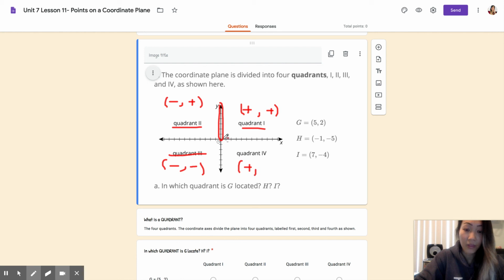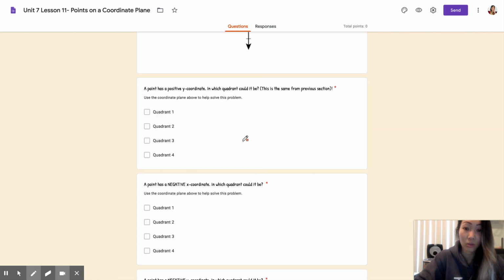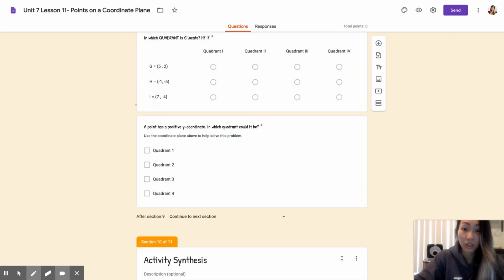And then the y is going to be negative. So is the y positive? No, so this would be crossed out. So my answer would be quadrant 2 and quadrant 1. So when I go down here, it would be quadrant 1 and quadrant